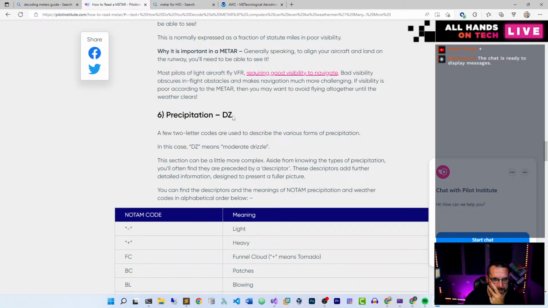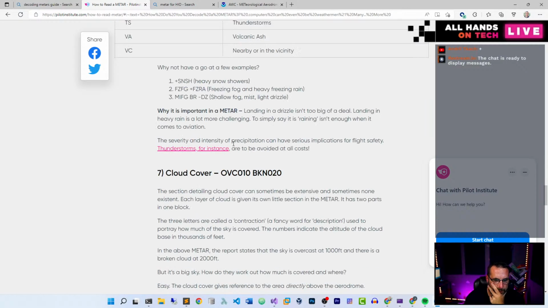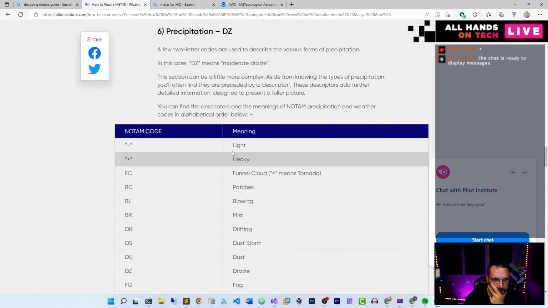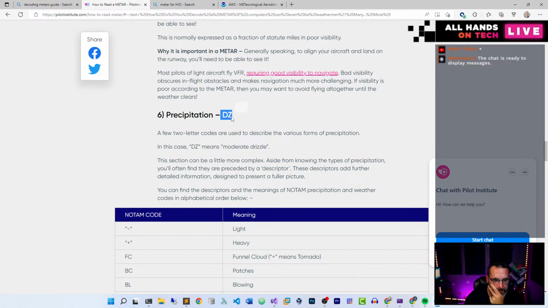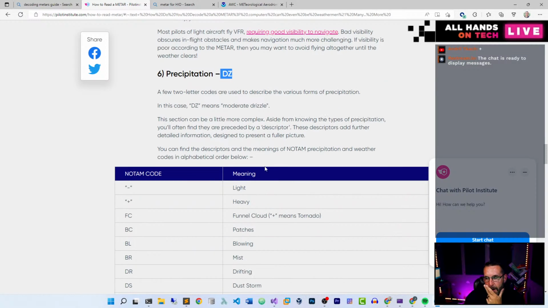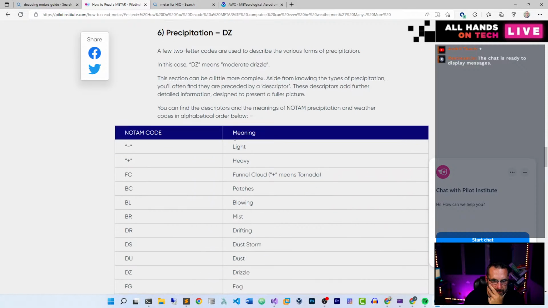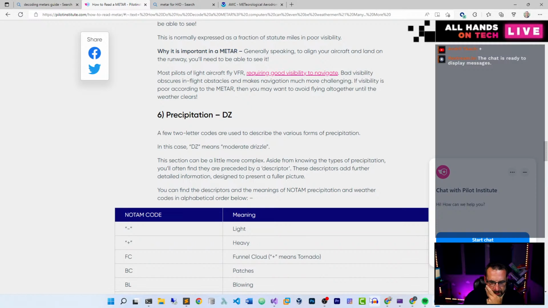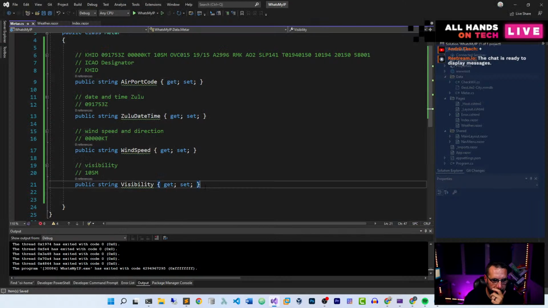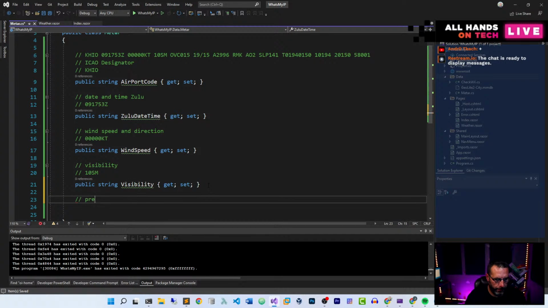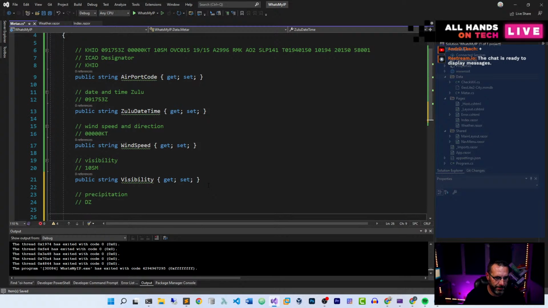Next one says precipitation, which we do not have any precipitation. So precipitation is not in here. So I might have to find an airport with precipitation and see. But we'll put in precipitation and then if it's blank, we'll say none. Now this will look like something like this for drizzle. So prop, string,